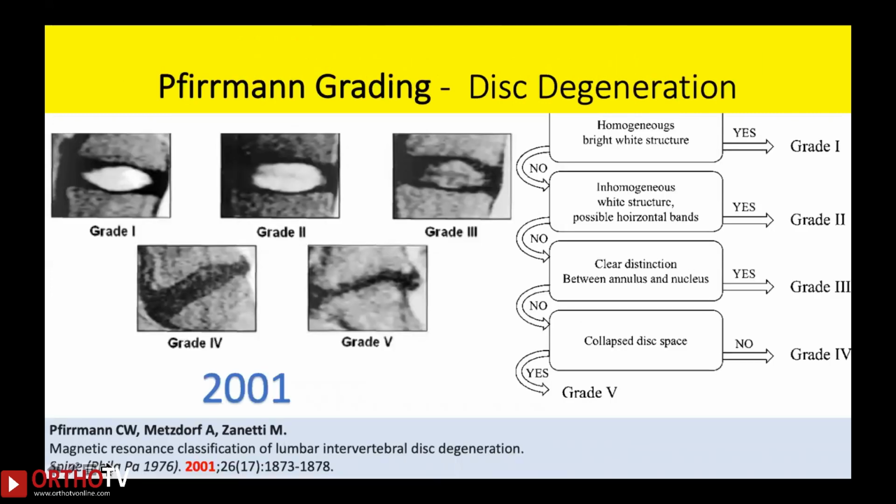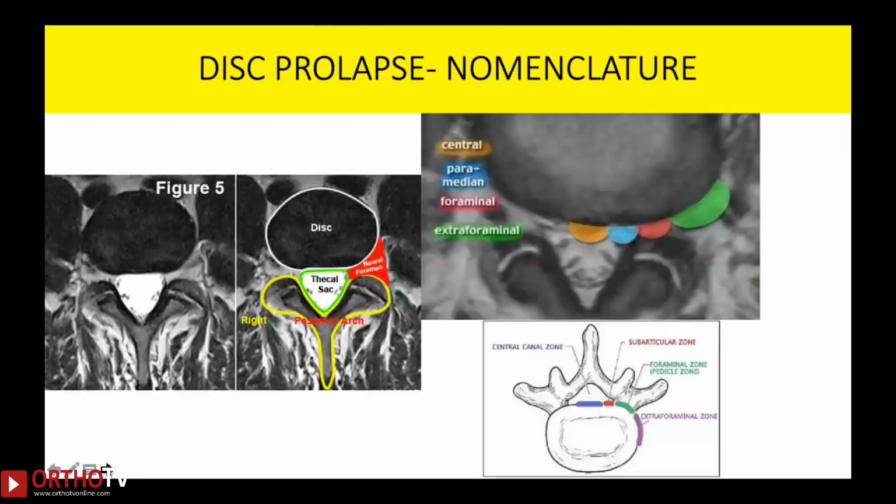The disc degeneration is the most common pathology that we will come across in the lumbar spine. Pfirrmann et al. have given a beautiful grading system for the disc degeneration. Normally, a young adult will have a bright, hyperintense nucleus pulposus surrounded by the annulus, and this differentiation is gradually lost with aging. So when you have grade 4 or grade 5, the disc looks homogeneously dark and the disc height may be reduced. So these patients who have degenerated disc will have higher incidence of back pain.